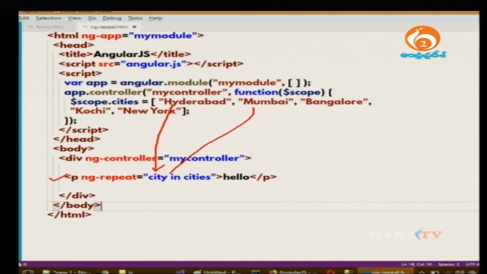Read Mumbai into city, execute the tag a second time. Read Bangalore into city and execute the same tag once again. So, this process repeats till the ending. Read one value and display the tag. This process repeats. So, we are displaying the cities